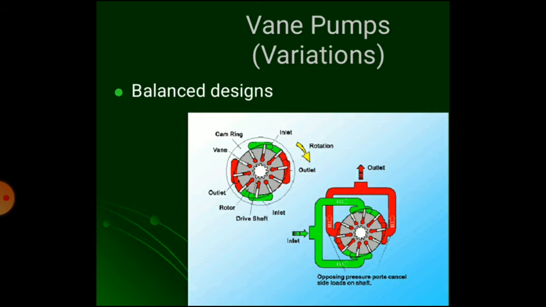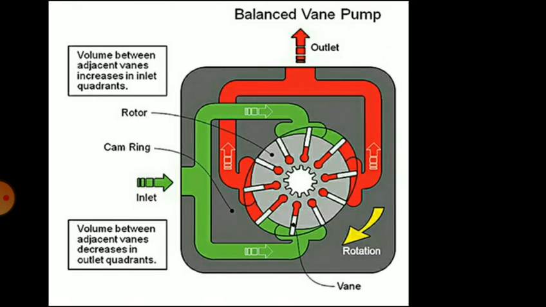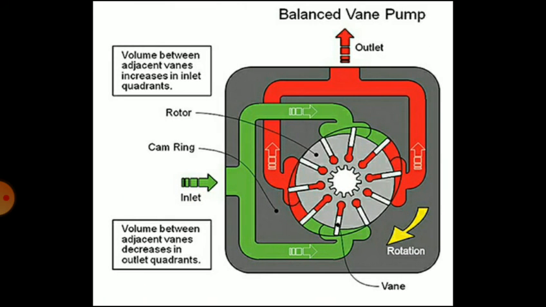Next type of vane pump is balanced type vane pump. So, construction of balanced type vane pump. In this type, a circular rotor with vane slots is concentrically positioned with the axis of an elliptical cam ring. So you can see in a diagram,